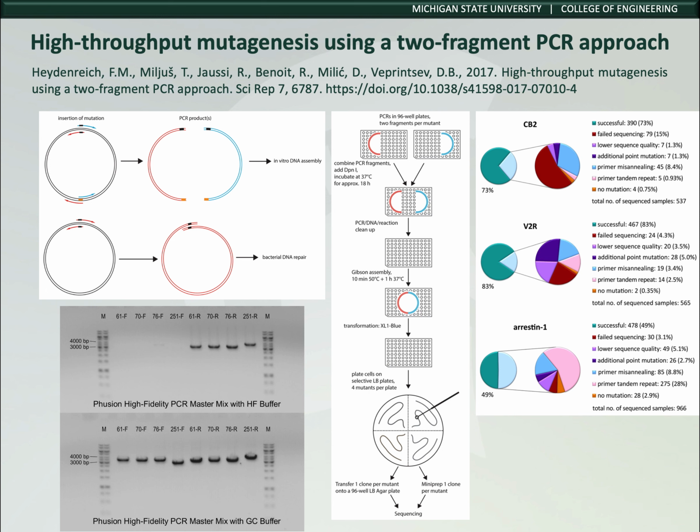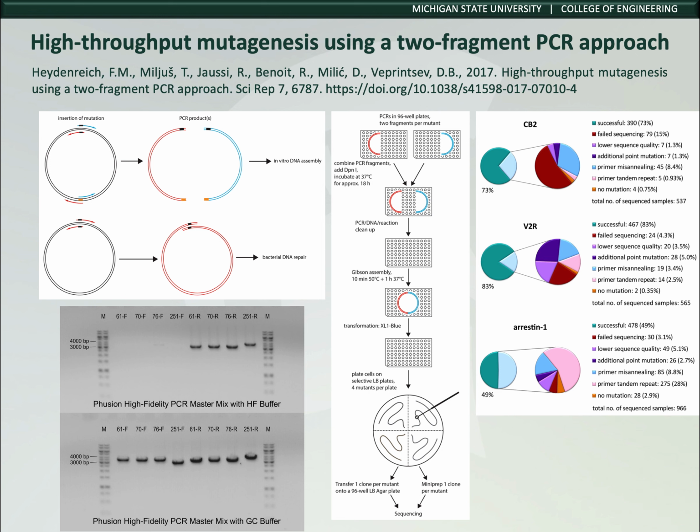Based on their success with the arrestin-1 mutants, the high-throughput scanning mutagenesis was applied to two human GPCRs, CB2 and V2R. The amino acids of the target protein were changed to alanine, while alanines were exchanged for glycines for V2R or valines for CB2. They tested different DNA polymerases and optimized PCR conditions for 30 randomly chosen CB2 mutants, and